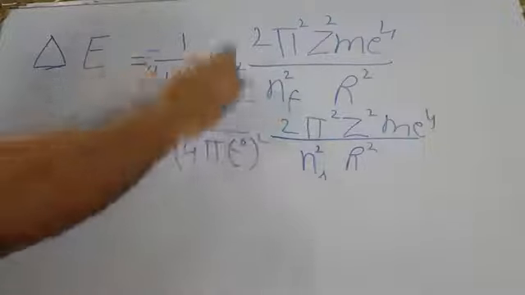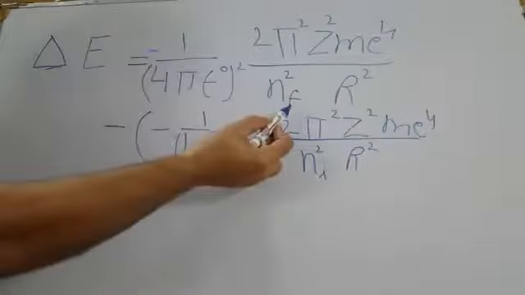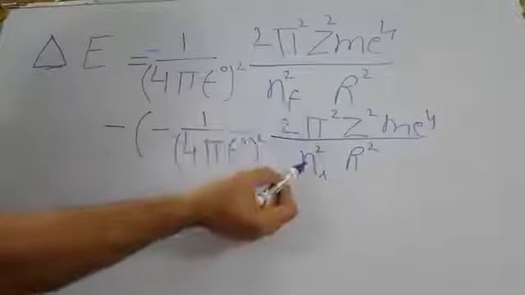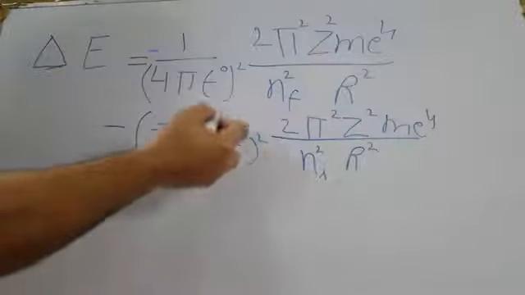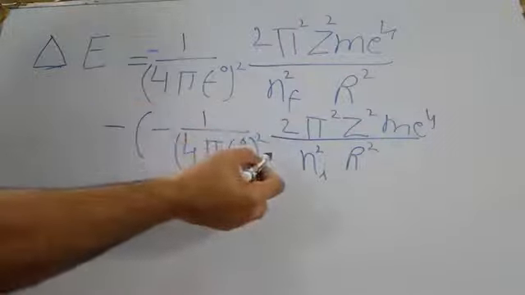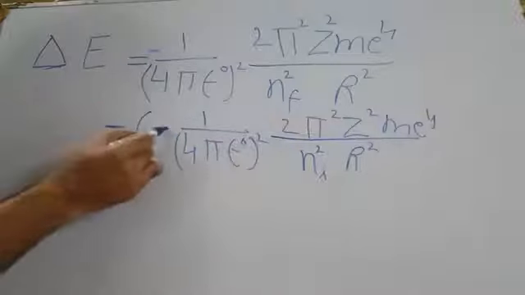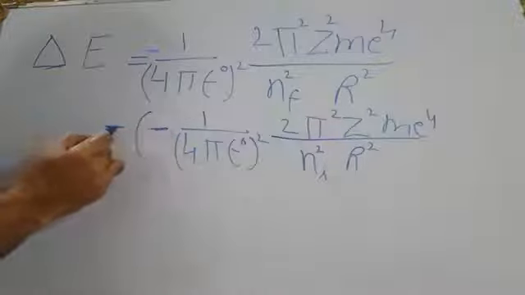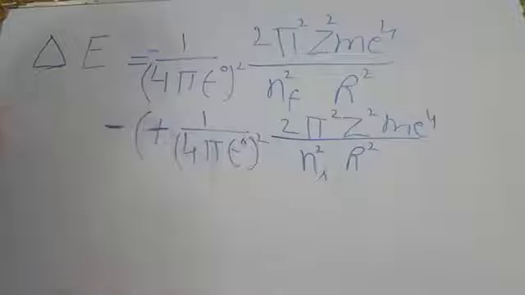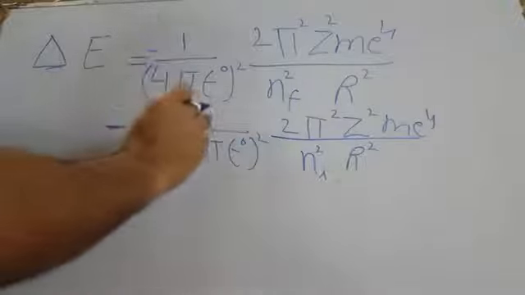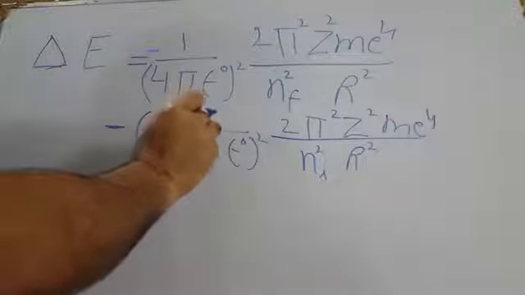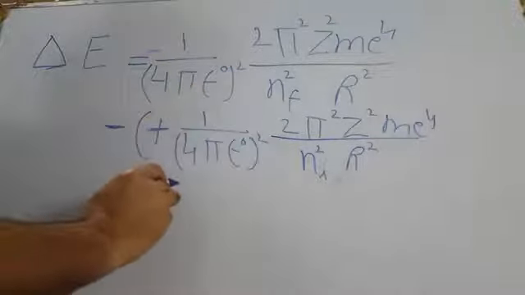So this is the equation for E final, only difference is what? That is the n, the number n. And if we subtract, this has a negative sign, that's why it would become a positive sign. And when we add these both up, the equation would become equal to